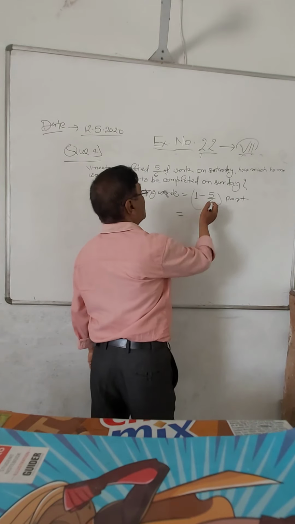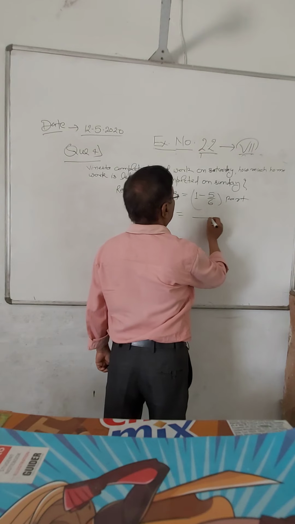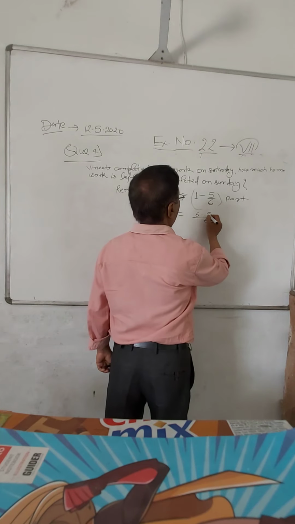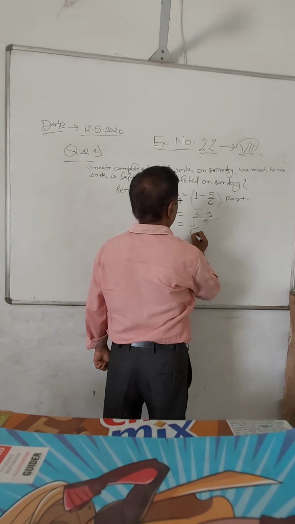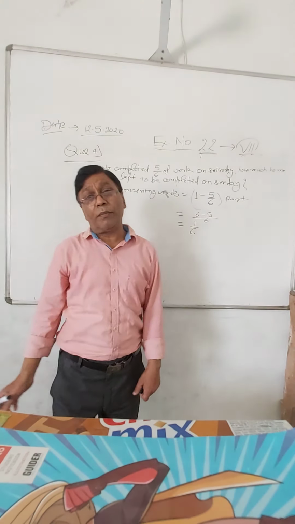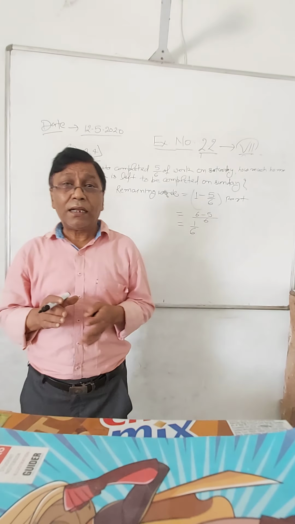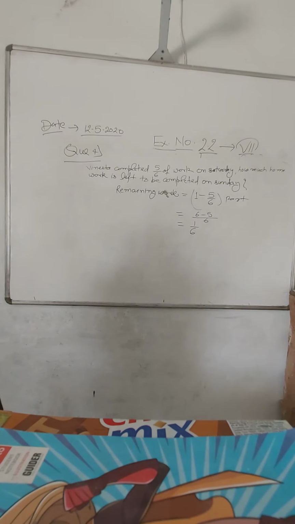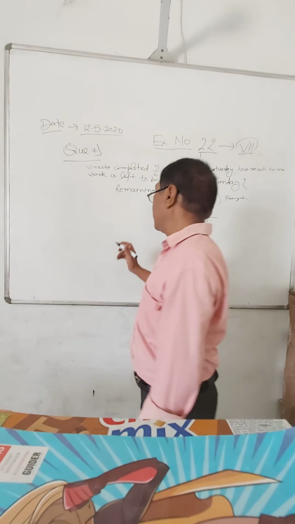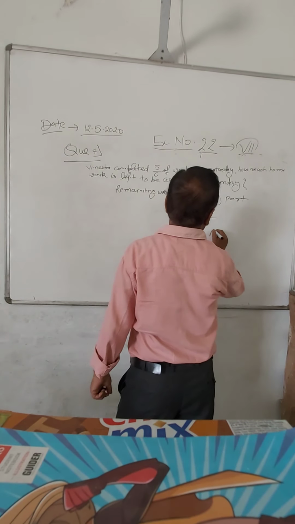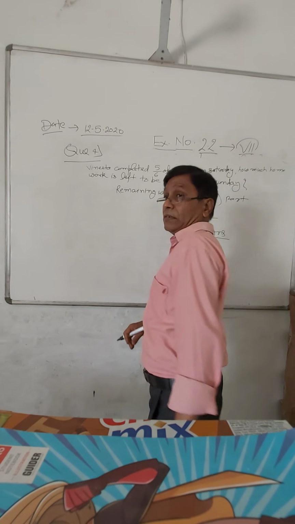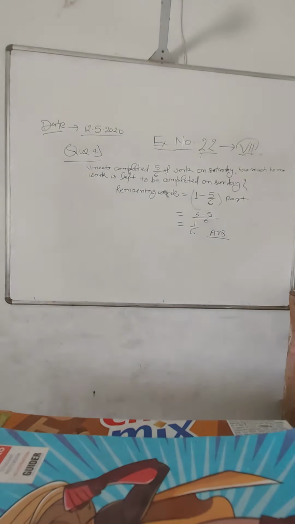So how much it will become? एक एलसीएम 6 minus 5, that is equal to 1/6. So how much part is now remaining? 5/6 is completed and 1/6 will remain. That is the answer of this question. तो संडे के लिए कितना बचा है उसका? 1/6. For the Sunday, so remaining one, this is the answer. This is the answer of question number 4.